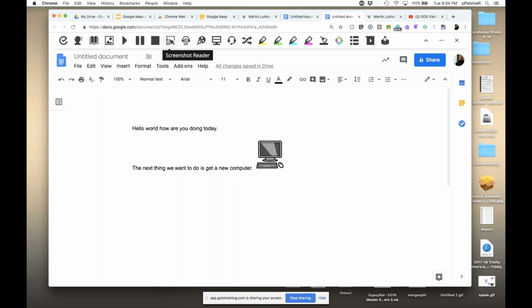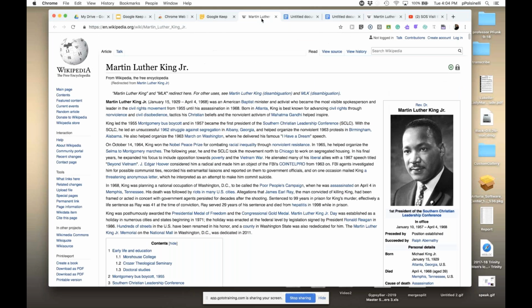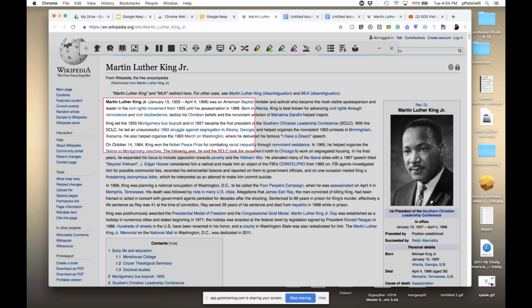Now, this next thing, the screenshot reader, what that does, let's go to our web page here, and I'm going to go back and I'm going to open up the read and write toolbar, so that you don't have to be on a document you're creating for this to work. You can use this pretty much anywhere you are. What I'm going to do is I'm going to take the screenshot reader and I'm going to select this paragraph. And what it will do